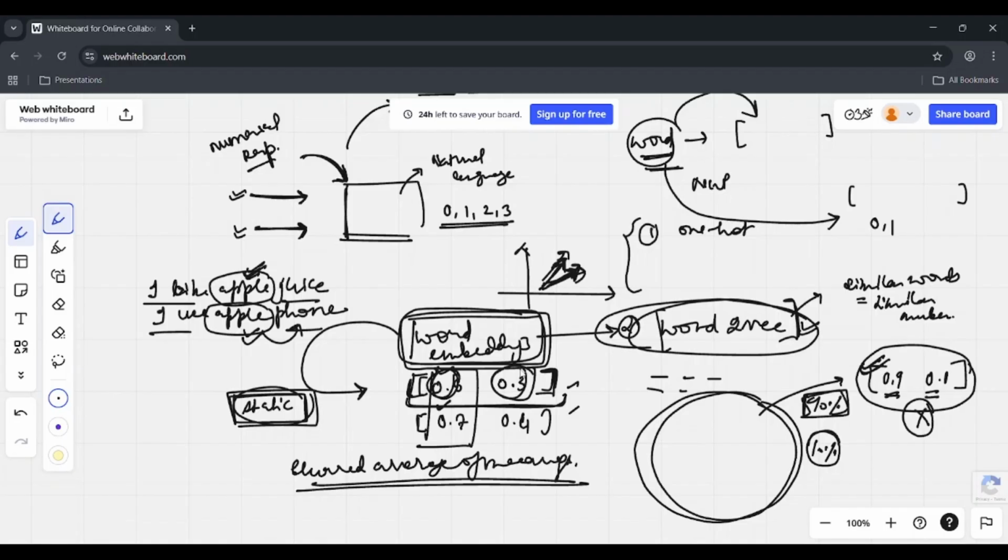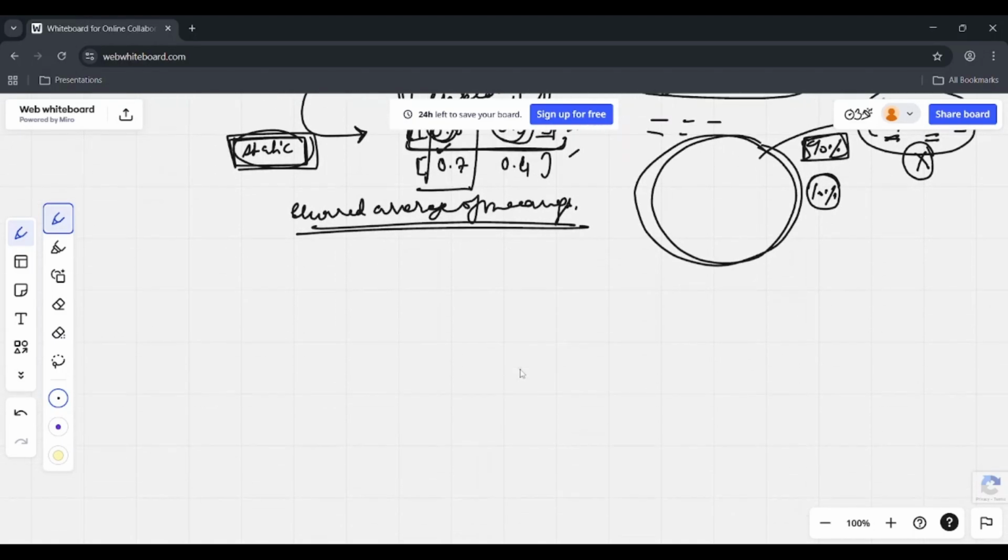It would have been better if we could generate dynamic embeddings based on the context of the sentence. For example, if apple is used as a fruit, then it should have one word embedding. If apple is used as a company, then it should have a different word embedding, or numerical representation. So that is where self attention comes into the picture. Self attention is a technique. For now, you can consider it like a black box. We will be uncovering the details of this box, but for now, let's just consider that it's a box